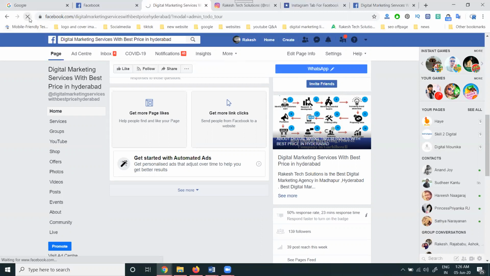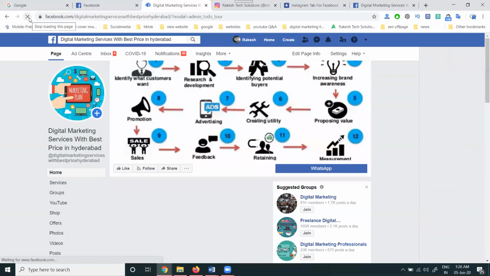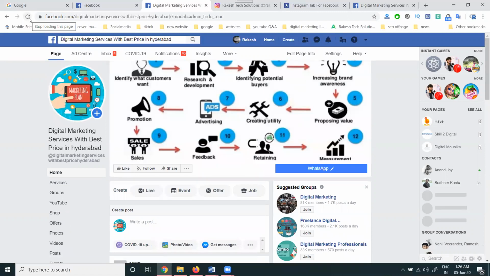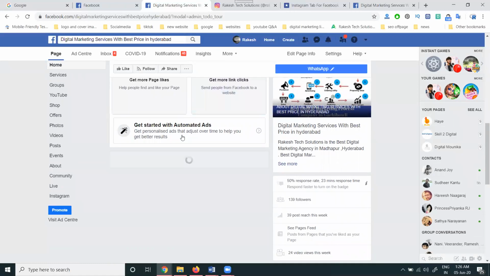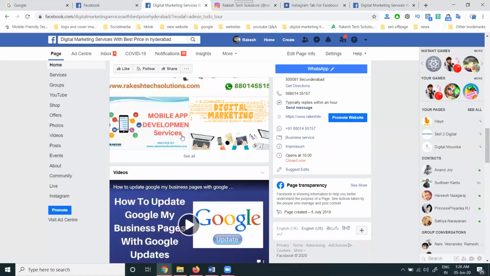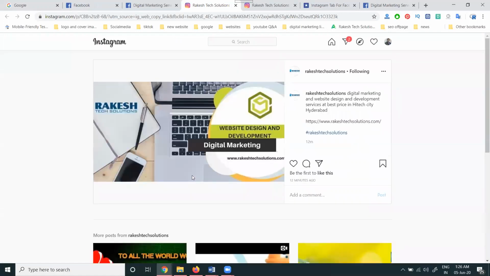Now let us see, refresh. There is no automatic sharing tool here. We have to share manually, using the Instagram to Facebook option. Or when you connect Facebook to Instagram, we can share using the Facebook Creator Studio option. I'm doing the manual option. So we have a post. We can click here, and they go to the Instagram post. I'm already following here. If not following, they see the follow button. This is how you regularly share your posts from Facebook to your Instagram.